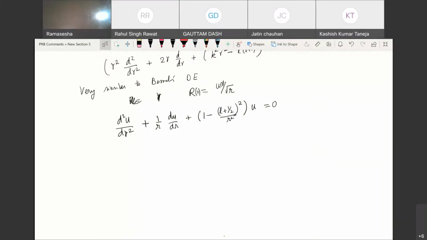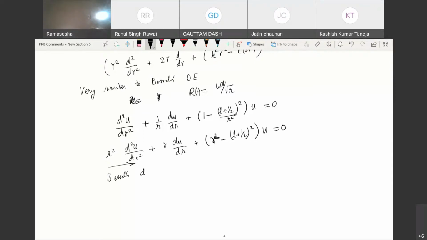So I could actually, then I get d squared u by dr squared plus r du by dr plus (r squared minus (L plus half) squared) times u is equal to 0. Okay, now you see the following, that this is nothing but the Bessel differential equation